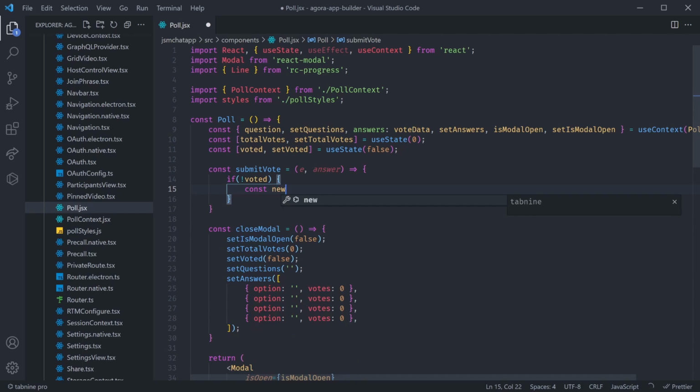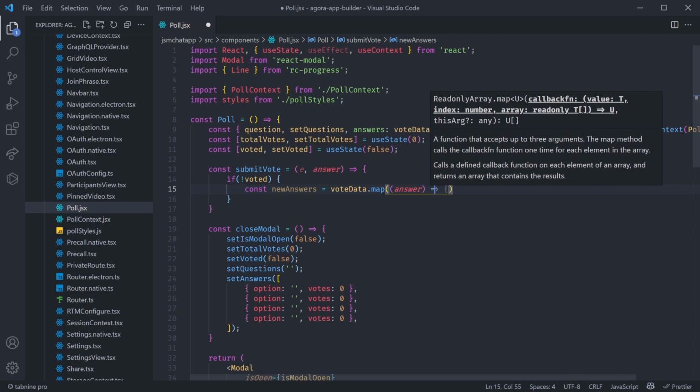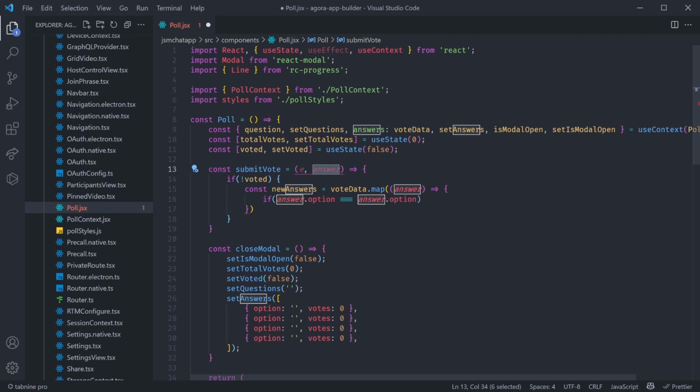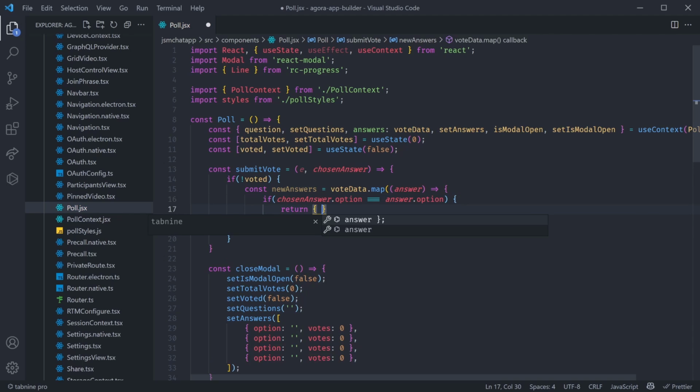So we can say const newAnswers is equal to voteData.map. In there, we get an answer. And if answer.option is triple equal to answer.option, you can immediately see that this is not the best practice. We are naming this parameter the same as well as this one. Of course, we have to change it. So I'm going to rename the top one to chosenAnswer. So if the chosenAnswer.option is equal to answer.option,